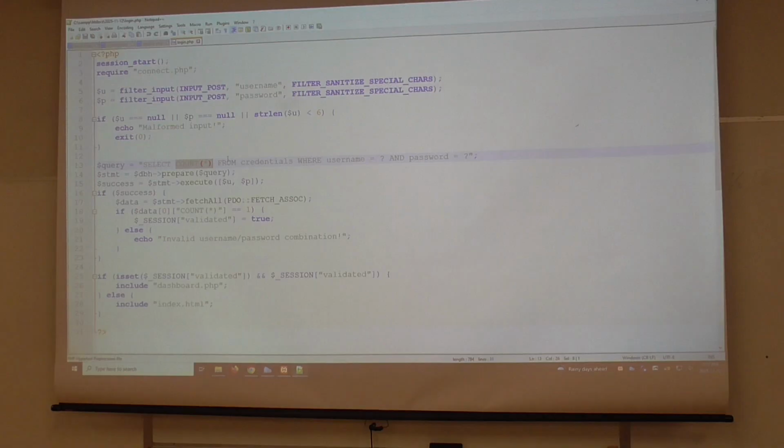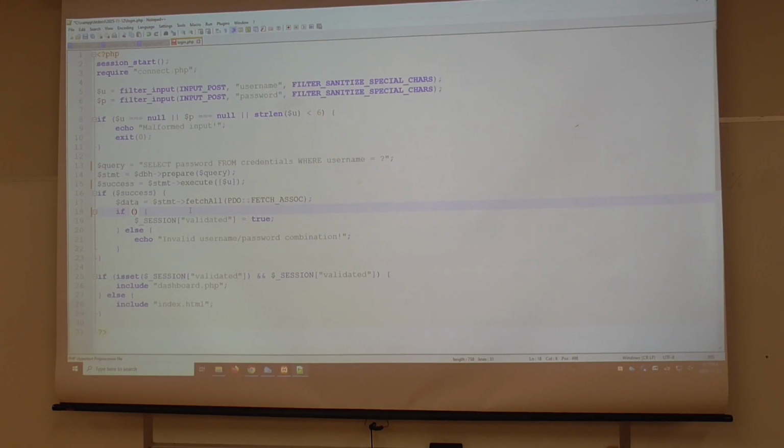Now we want to select password from credentials where username equals the stated username. We no longer need to provide password. This if statement is also going to change.